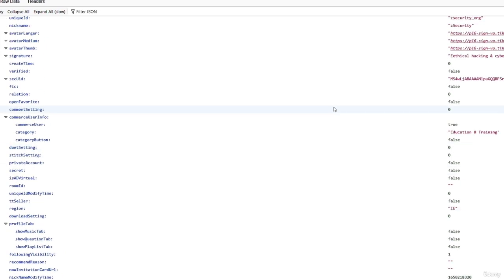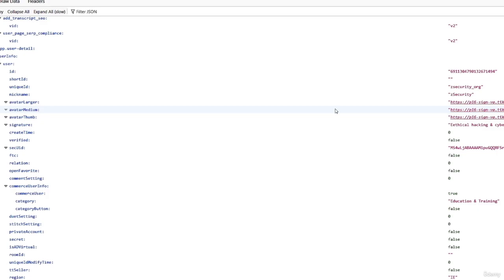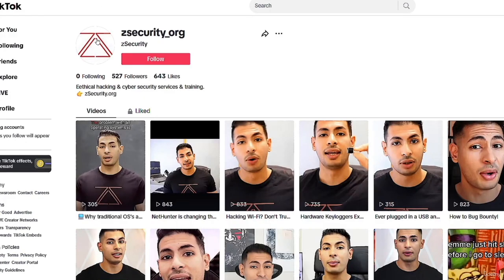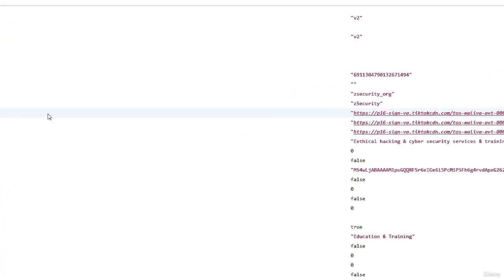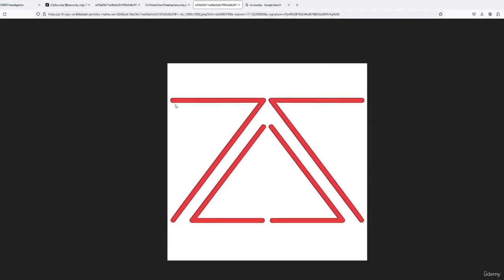Another thing that I would like to show you, which I think is really interesting, is when you go to the target profile and try to open the profile picture, so right mouse click, open image in a new tab, you'll find that it's very small. But if you have the metadata, then you can click on this one, which is called avatar larger, and open the link,